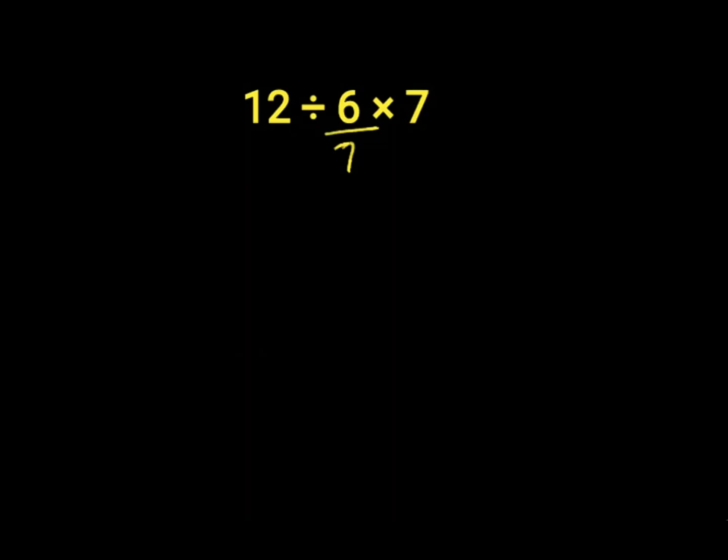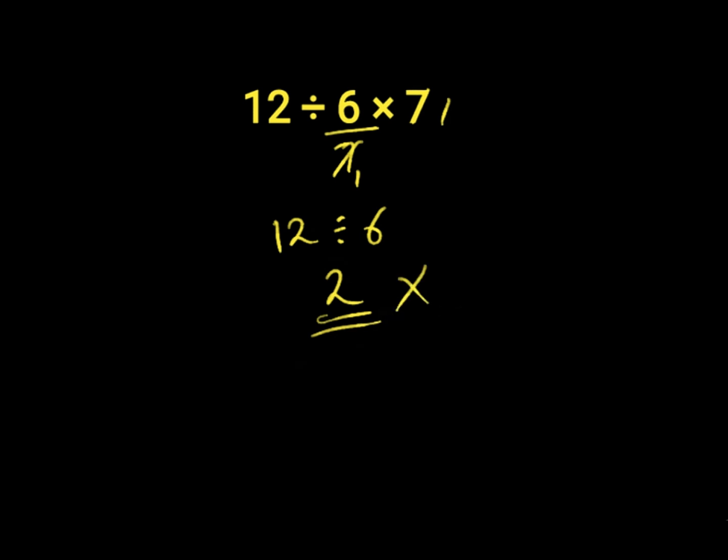12 divided by 6 over 7 times 7. 7 into here 1, 7 into here 1. We are left with 12 divided by 6. 12 divided by 6 will give us 2, which is incorrect because according to the order of operation, division and